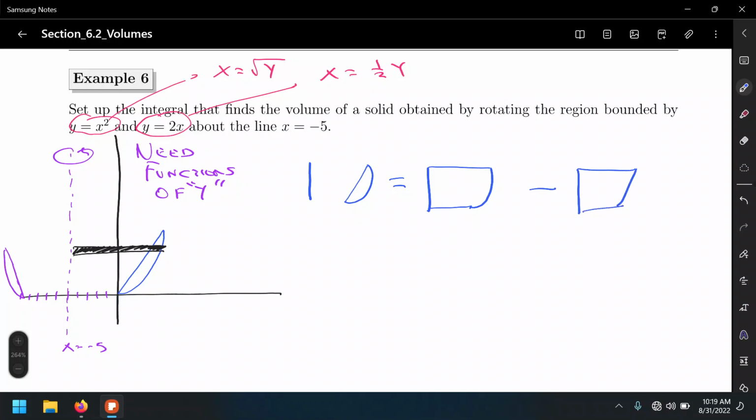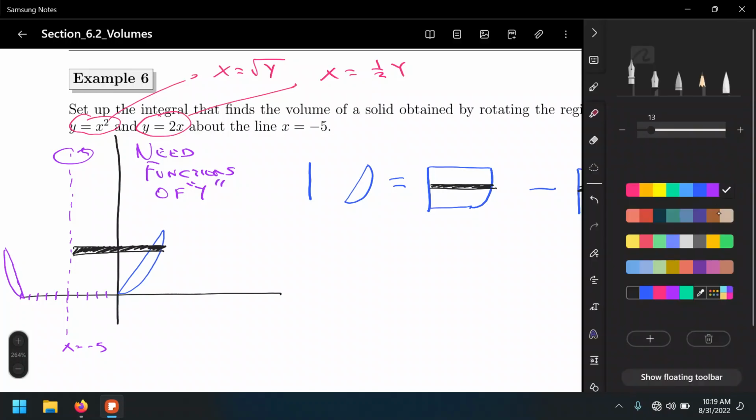All right, are you guys following me with this picture on how to set up the integral, or rather how to visualize what we want to obtain? Well, in this case, we're going to do not the top minus bottom like we did with functions of x, but in this case, what do we do when we deal with functions of y instead? If it's not top minus bottom, rightmost minus leftmost, all right? So our representative rectangle to visualize that will be a horizontal,